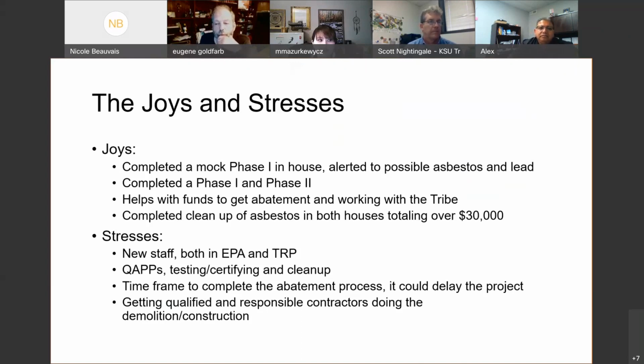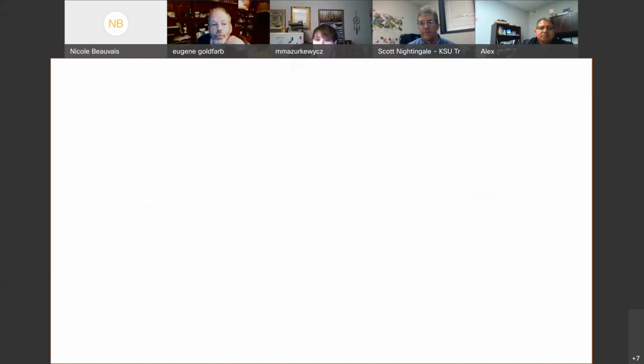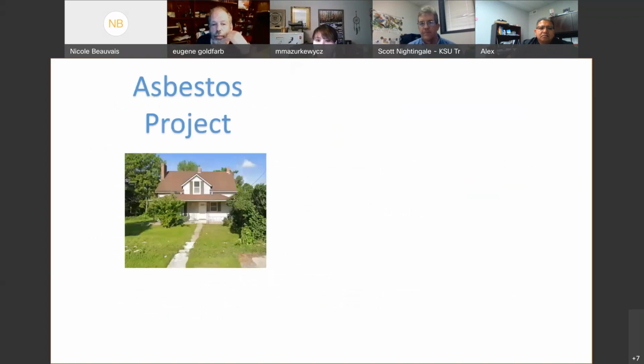Well, and we did utilize KSU TAB to read our QAPPs and kind of review them as a second eye to help us out, as it was my first one. Especially that first QAPP, I had no idea exactly what I was looking at. Second one, I was a little better prepared, even though it was written horribly. But the first one, they helped me out quite a bit. Yeah, and that's what we do at TAB. We help the tribes out, but we just can't go in and do this stuff for you, but we can work with your local people. So let's talk about this asbestos project.